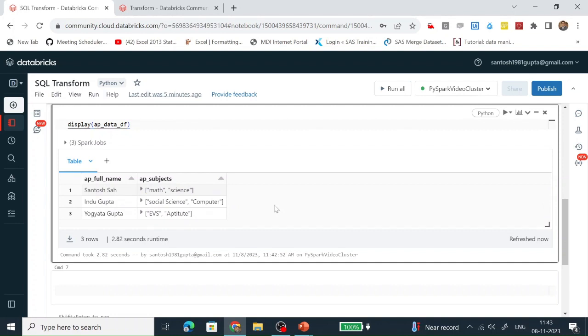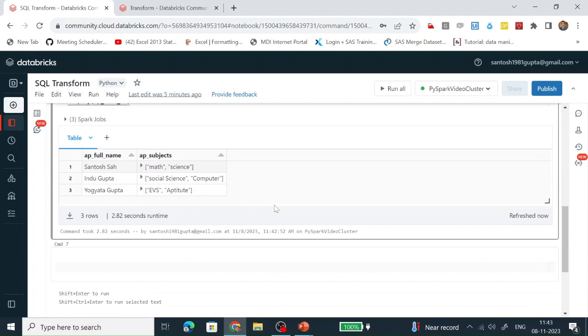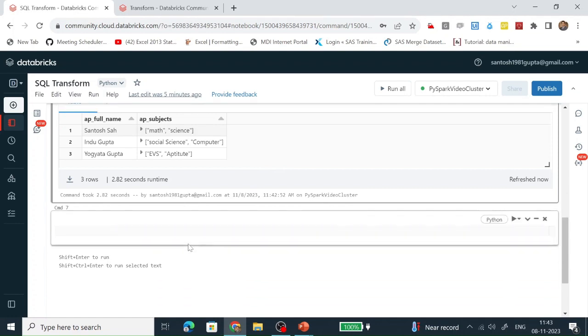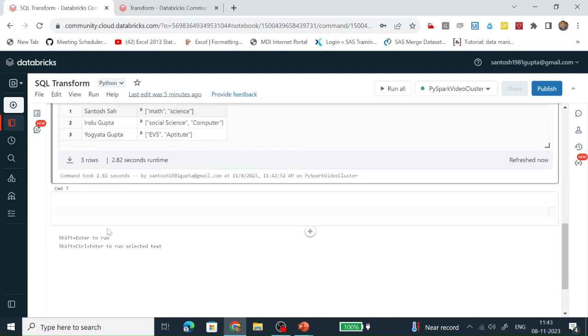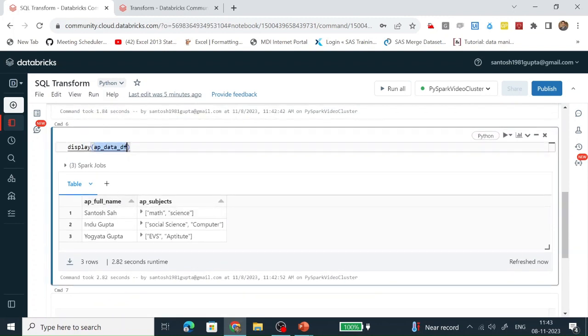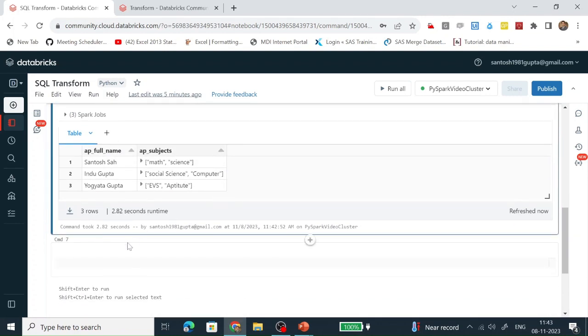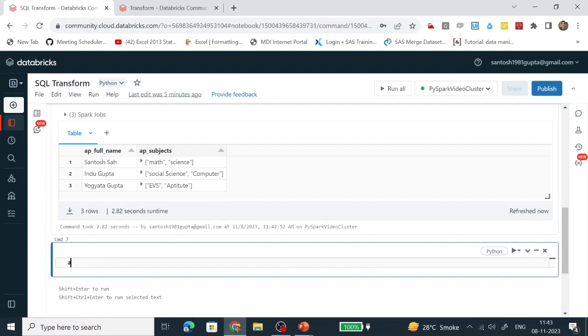The SQL transform function works on top of a column which is of array type. Let's perform this transformation function. So how are we going to do it? ap_sql_transform, lambda df.